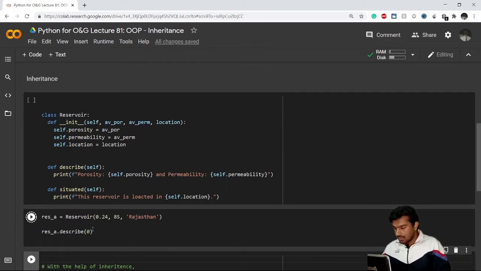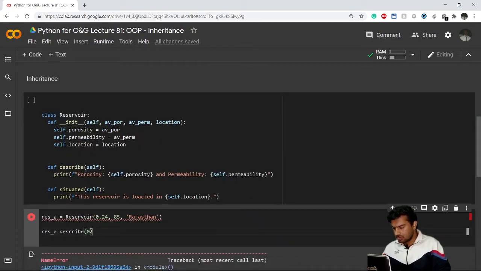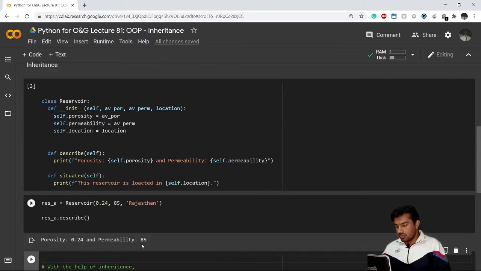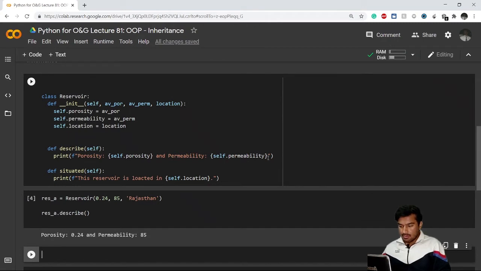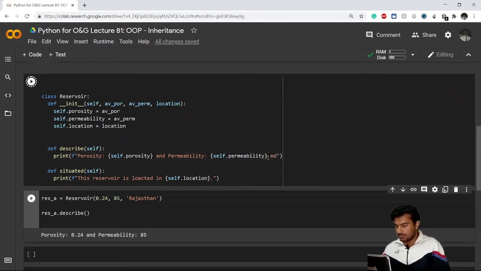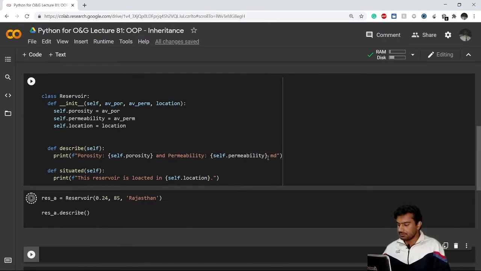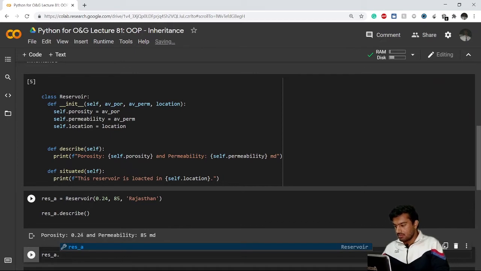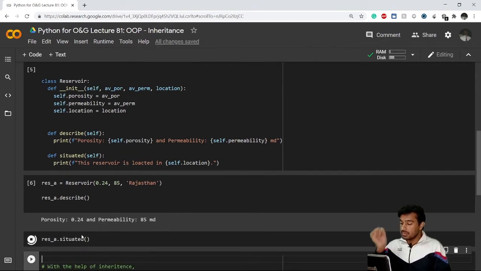sorry, I hadn't input the parentheses. Now if I do this, you see the porosity is 0.24 and permeability is 85, and I will add millidarcy here. Okay, now if I want to see res_a dot situated method, and if I do this, it will tell me the location.